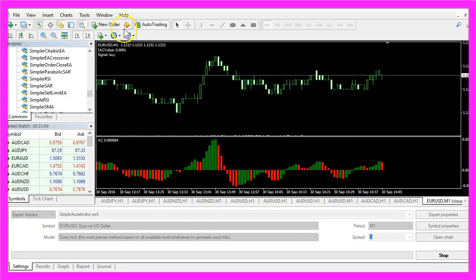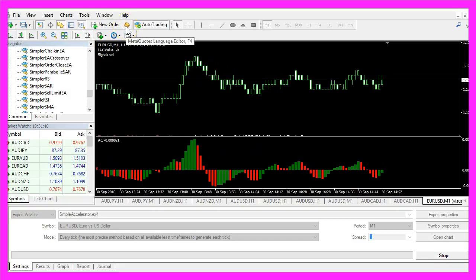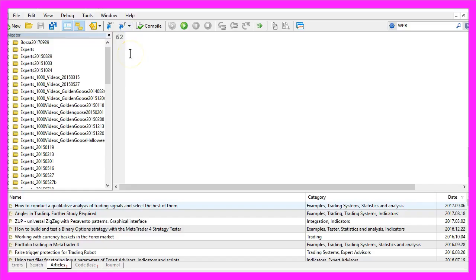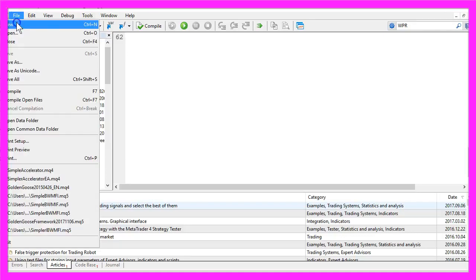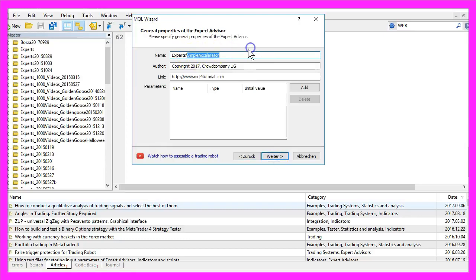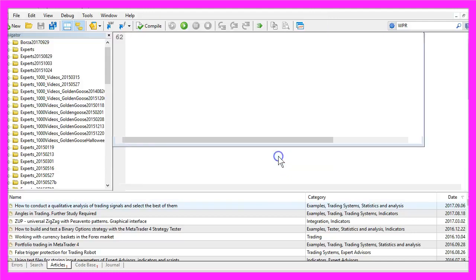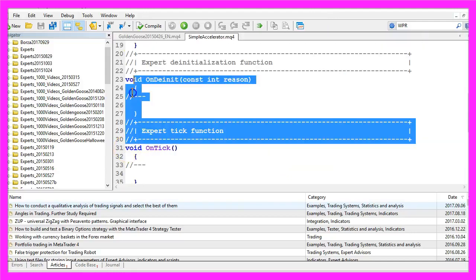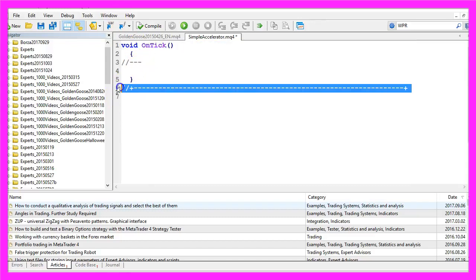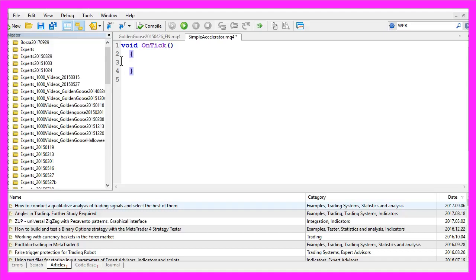Forex chart? To do that, please click on the little button here or press F4 on your keyboard. Now you should see the MetaEditor window, and here you want to click on File, New, Expert Advisor from Template, Continue. I will call this one Simple Accelerator, Continue, Continue and Finish. Now you can remove everything above the OnTick function and the two comment lines here, because now we want